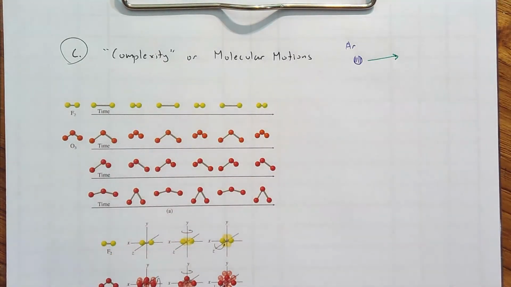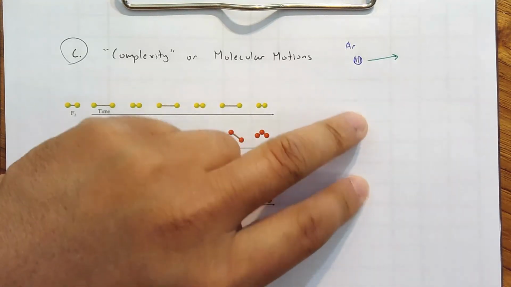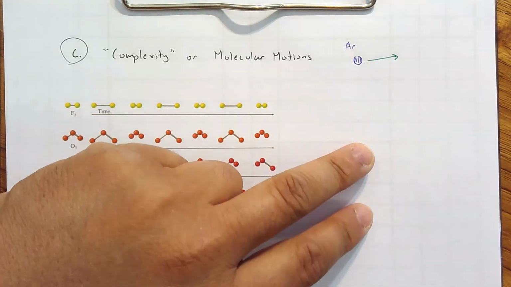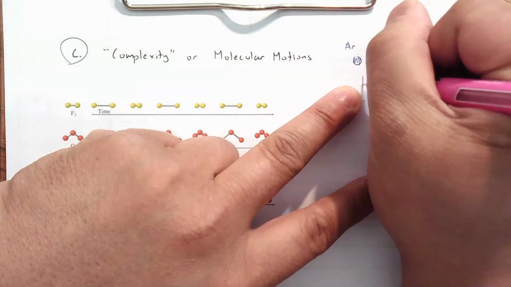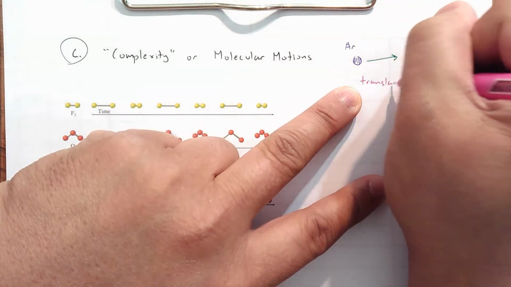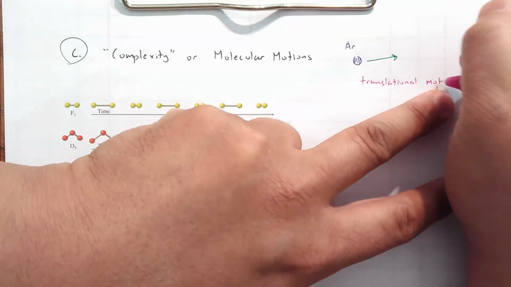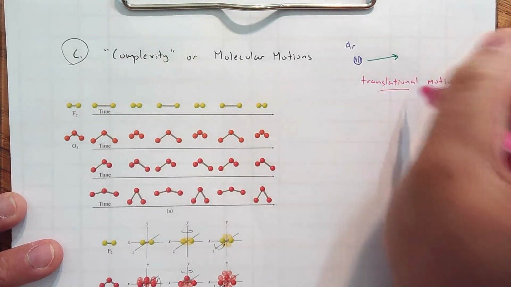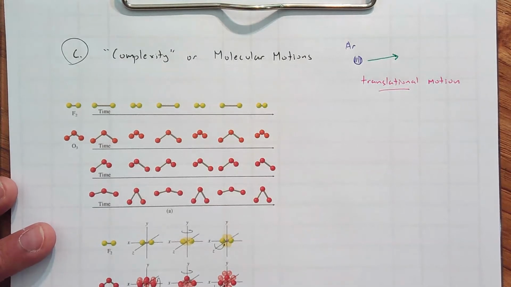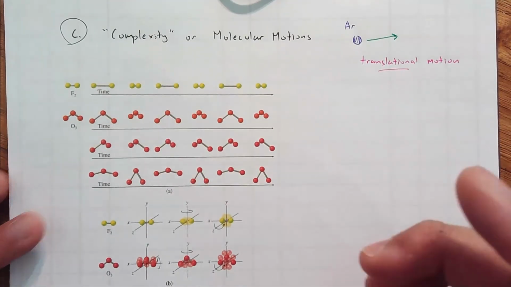They bounce off each other with predictable force and angle. That is called translational motion, just straight movement. But what I'm interested in, especially when comparing molecules and the different complexities, I'm more interested in